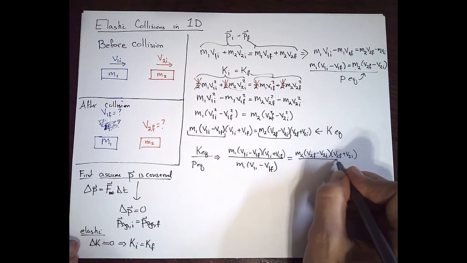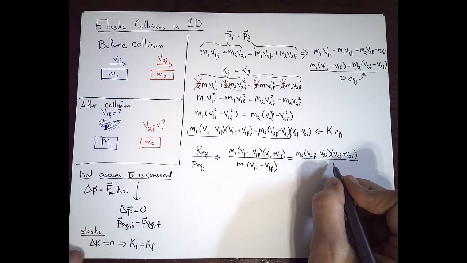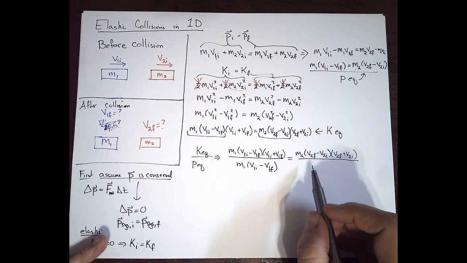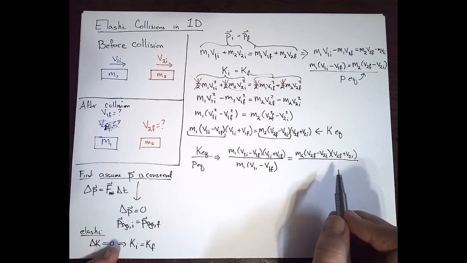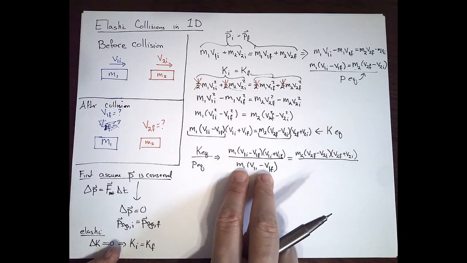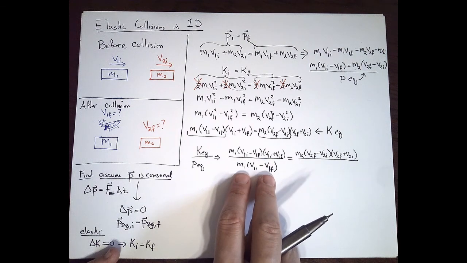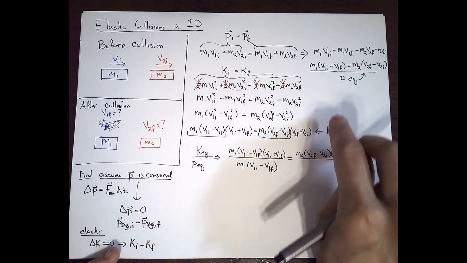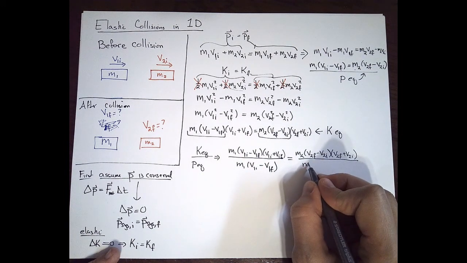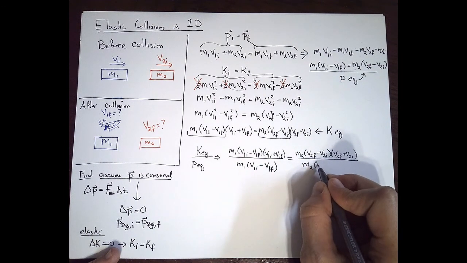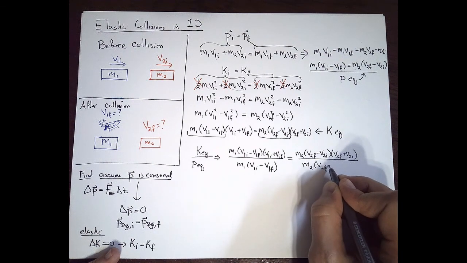And I'm going to divide by the exact same quantity over here. I'm just going to write it differently, because whenever you do something to one side of an equation, you have to do the same thing to the other side. So I'm going to divide it by this, but I'm going to divide it by this side of the equation in a different way. So I'm doing the exact same division. I'm dividing by the exact same number,